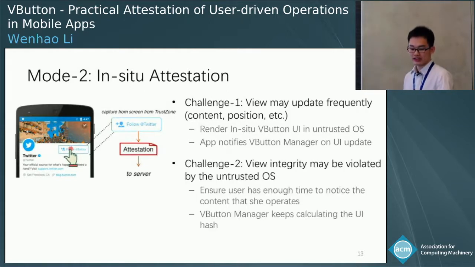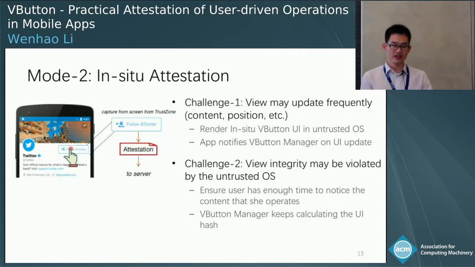Another challenge is, since the view is rendered in the untrusted OS, how to ensure the view integrity during the operation. For example, consider an attacker. He just changes the view right before the attestation operation of the manager does.